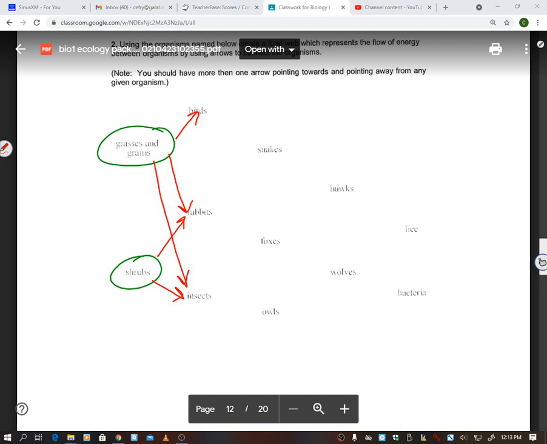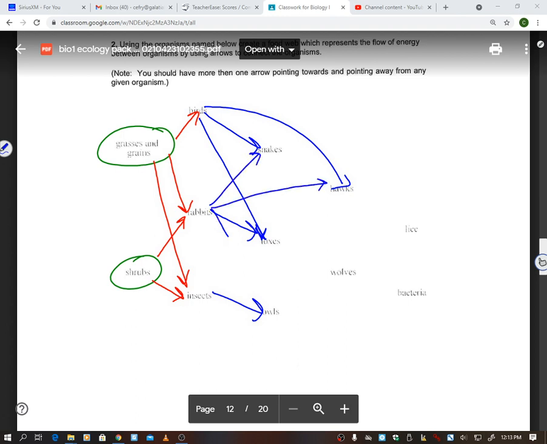All right, so then let's go beyond that. And I'll say, okay, well, a snake could eat a bird. So could a fox. But look, so could a hawk. Wolves might. I mean, you just never know. An owl might. Insects. There are so many ways you can go about this. A hawk could eat a rabbit. A wolf could eat a rabbit. All right, so then you're just making, and these food webs can look very, very tricky. They can look a little crazy.